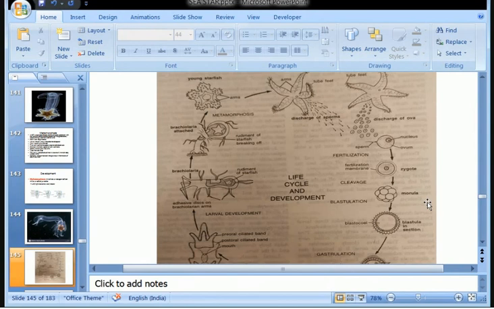So this is the life history, the life cycle of the sea star. With this, we end the class here. At this point, you know about two larval stages, that is bipinnaria larva and brachiolaria. On the next turn, we will be talking about other larval stages which are from different classes. तो ये एस्टेरॉइडिया के हमने लार्वा की बात करी है.